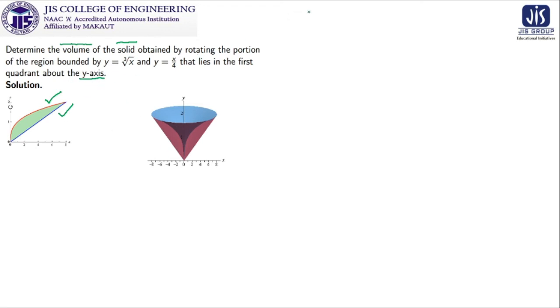If only one curve is there, suppose this one, after rotation it will give you some structure like this, and we can fill this to make it clear that it is a volume. And if you have a function like this one, and if you revolve with respect to the y-axis, it will give you the area like this.